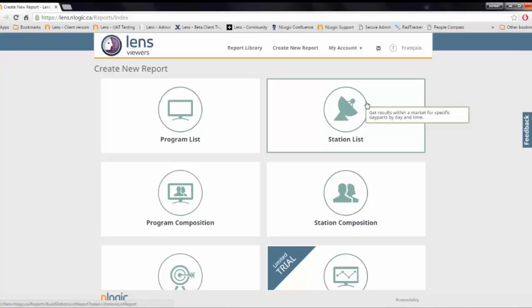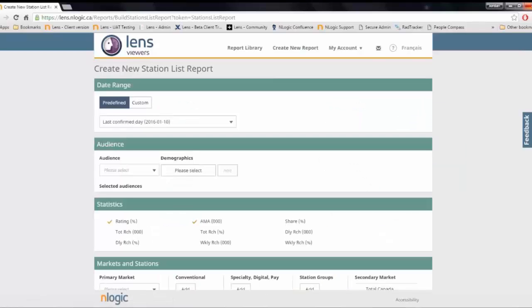The station list report is designed to give you quick and easy access to station audience data. Whether you are looking to see what the top stations are in a market or evaluate how a specific station is performing, you'll find your answers here. New to this report is the ability to select up to 8 audiences at once and stats such as reach,